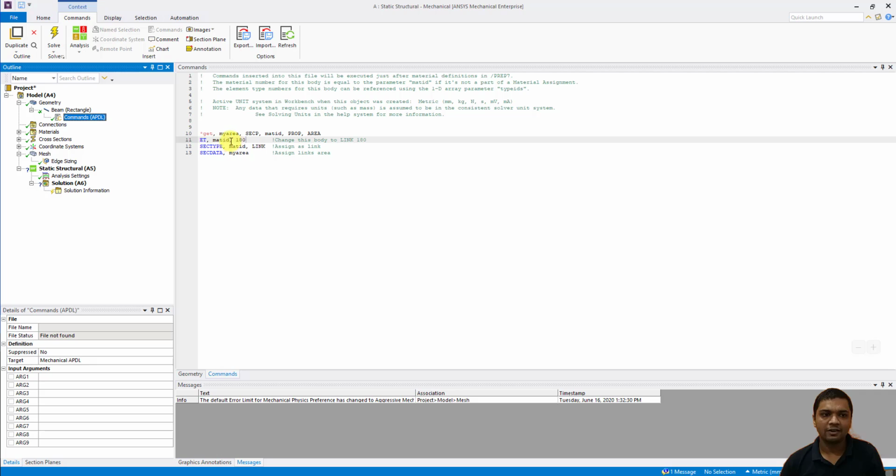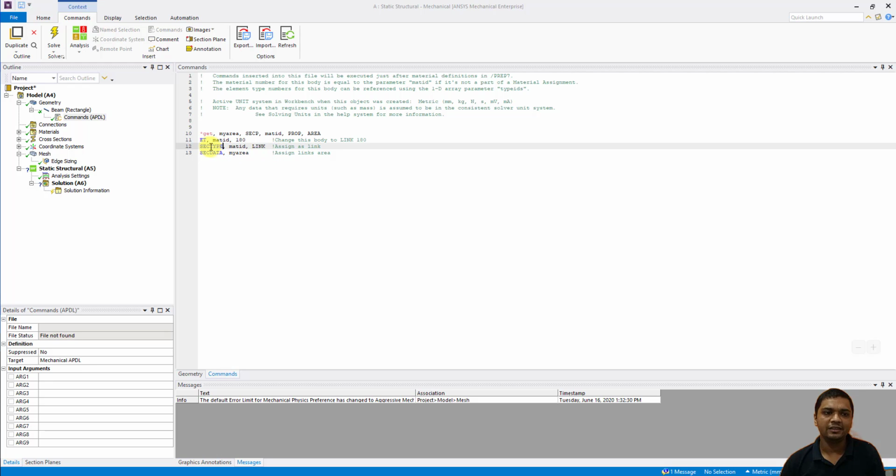And I will say 180, so it will change this body to LINK180, assign LINK180 as a section type, and then assign the link area of whatever the beam area was assigned. It's a very simple 3-line command. So it will convert from BEAM188 to LINK180.